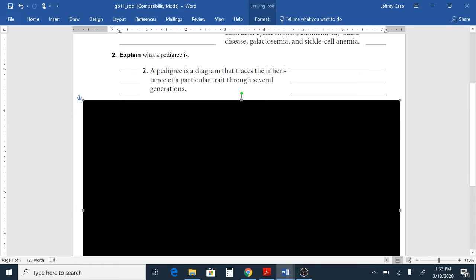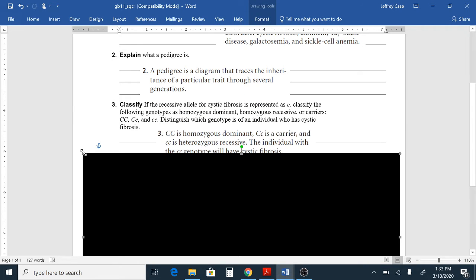Explain what a pedigree is. A pedigree is a diagram that traces the inheritance of a particular trait through several generations. And that can be a genetic disorder. It can just be a trait like hair color, eye color, whatever it is. Number 3,